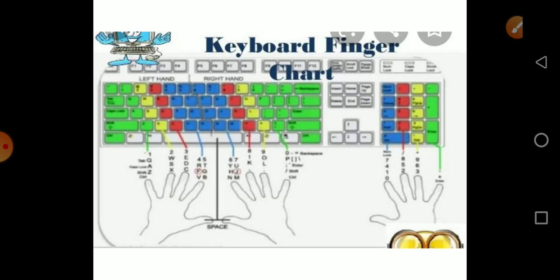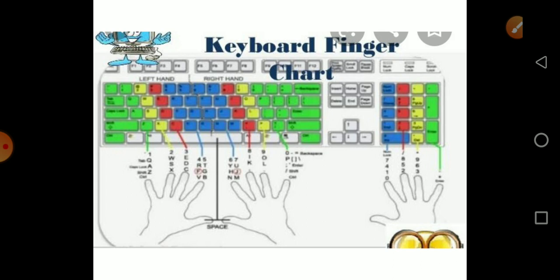This is the keyboard finger chart. It tells you which finger you have to use for which key in the numeric keypad as well as the alphanumeric keypad. For the spacebar, you have to use the thumb, and for alphabets, the fingers to be used are indicated with different colors.